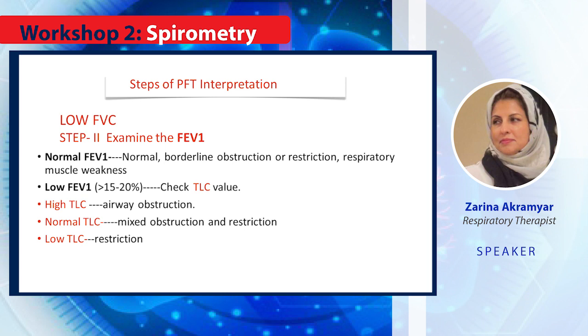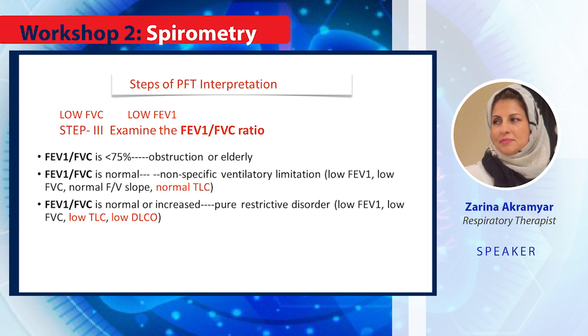Okay, step 3. We see both FVC and FEV1 are low when we look at the ratio. If the ratio is less than 75%, obstruction or elderly, and if it is normal and with normal TLC, then it's non-specific. And if ratio is normal or high with low TLC and